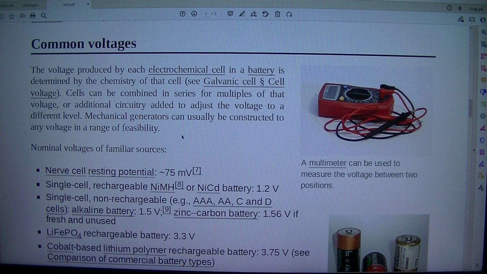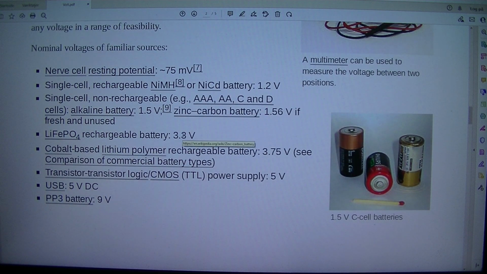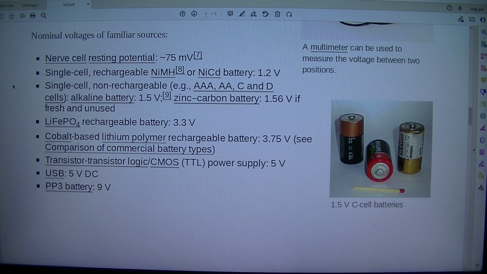Nominal voltages of familiar sources. Nerve cell resting potential, 75 mV. Single cell rechargeable NiMH or NiCd battery, 1.2 V. Single cell non-rechargeable, for example AAA, AA, C and D cell alkaline battery, 1.5 V. Zinc-carbon battery, 1.56 V